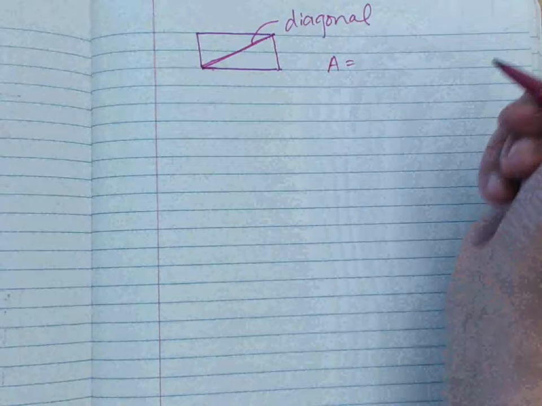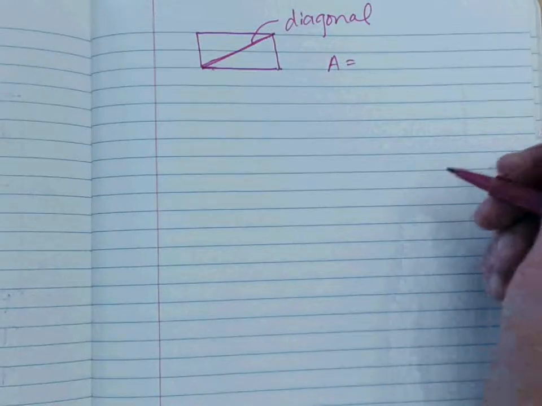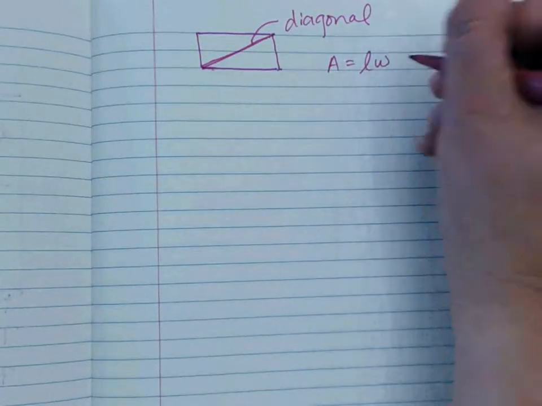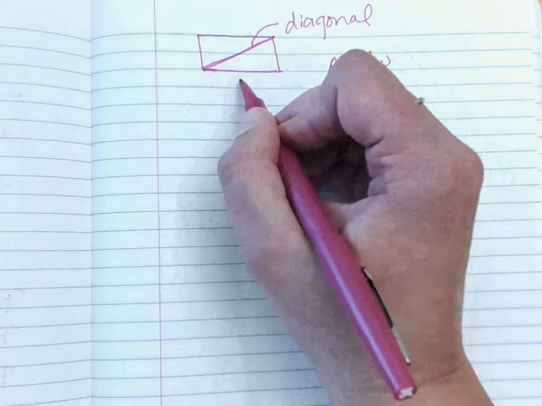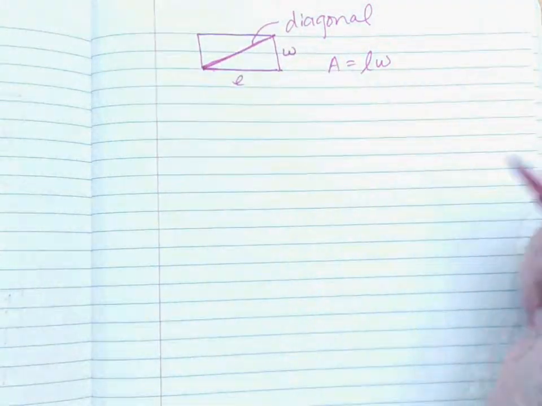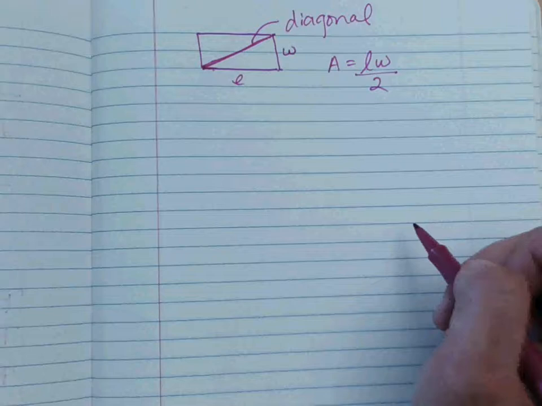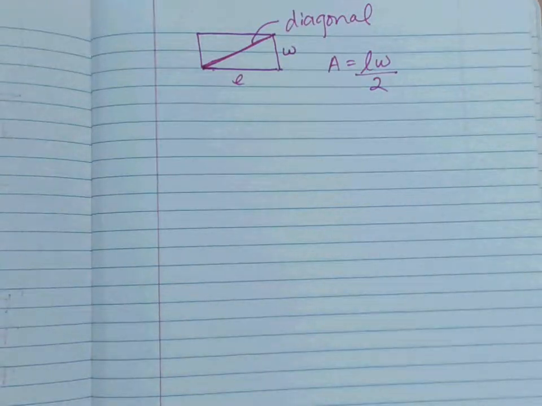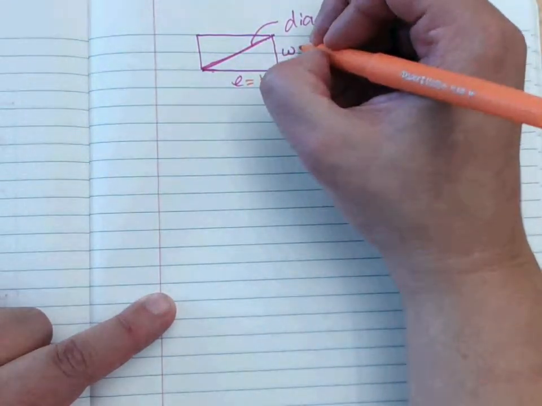Who can remember the area of the rectangle? What was the formula that we just said on the last page? Length times width, right? So now this is my length, here's my width. If I want the area of a triangle, I'm going to cut it in half or divide it by 2. And with a triangle, we call the length the base, and we call the width